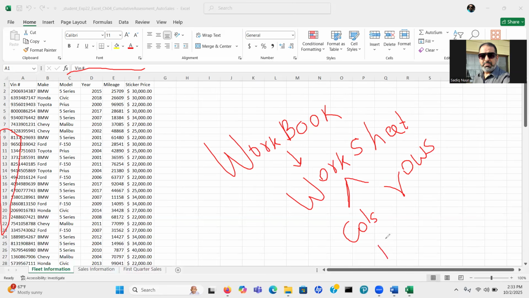We have almost 16,384 columns in one single worksheet, whereas the rows are in the millions, right? 1,048,576. That's how many rows you have in a single Excel worksheet.